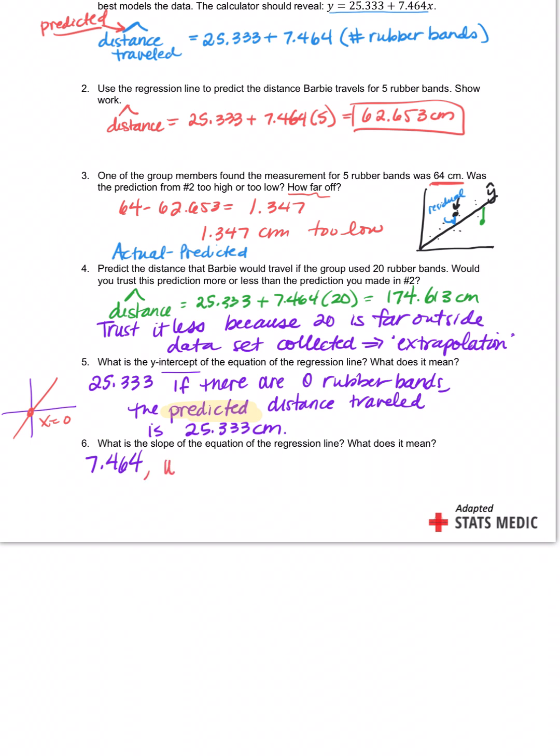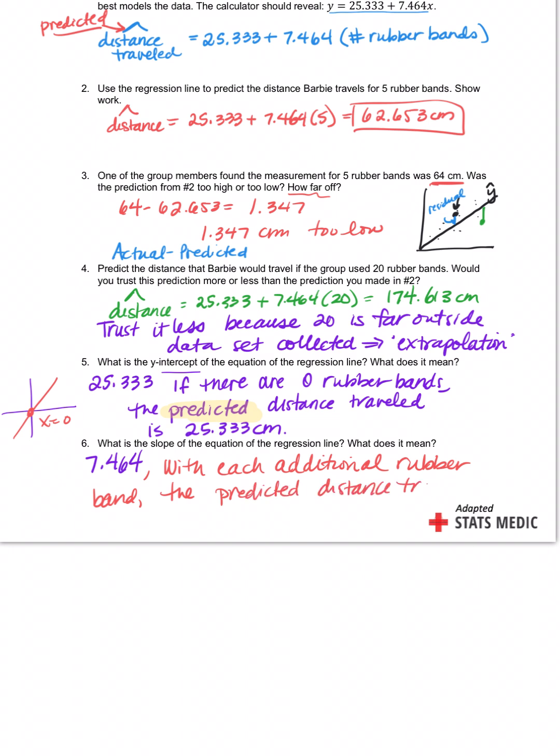So we would say, with each additional rubber band, the predicted distance traveled will, okay, increase or decrease? Increase. How do you know? Because it's positive, right? Will increase